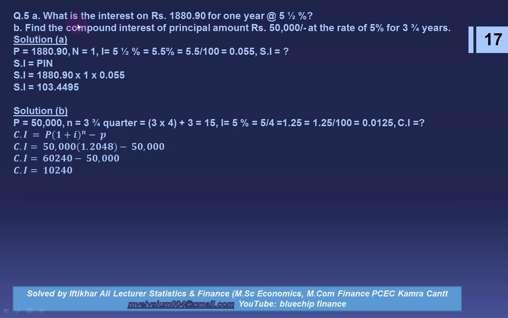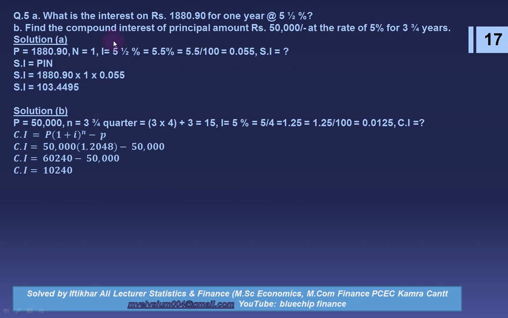Question number 5, part A. What is the interest on rupees 188.0.90 for 1 year at 1 by 2% or 5.5%? First we solve part A. Principal amount is 188.0.90 and N is 1 year. Interest rate is 5.5% or we can say 0.055. And what is the simple interest? Simply apply the values into the formula of simple interest,